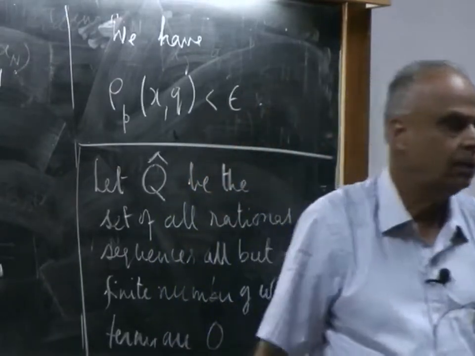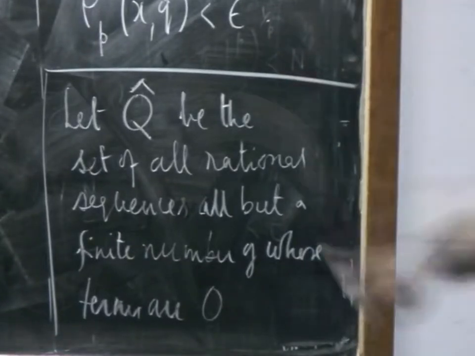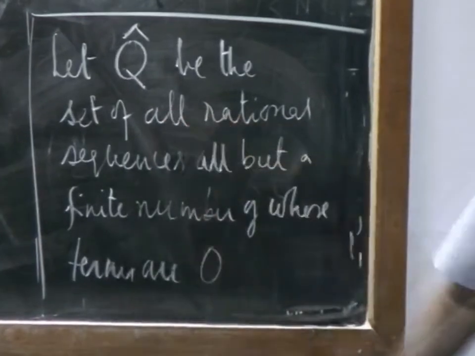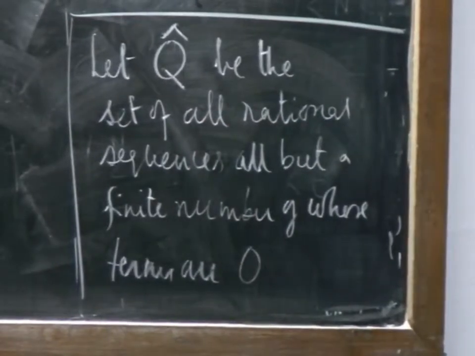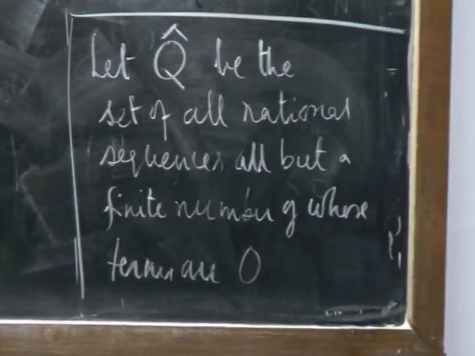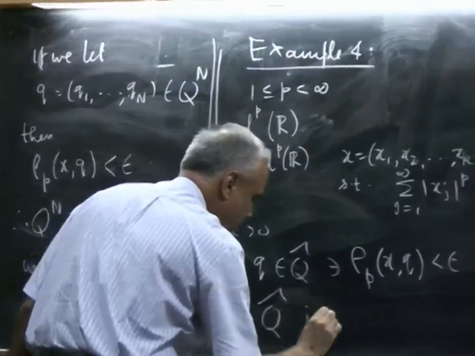Given any x and any epsilon, I am able to get a q from this which approximates x within epsilon. So for every such x, there exists a q in q hat such that rho p of x and q is less than epsilon. Therefore, q hat is dense